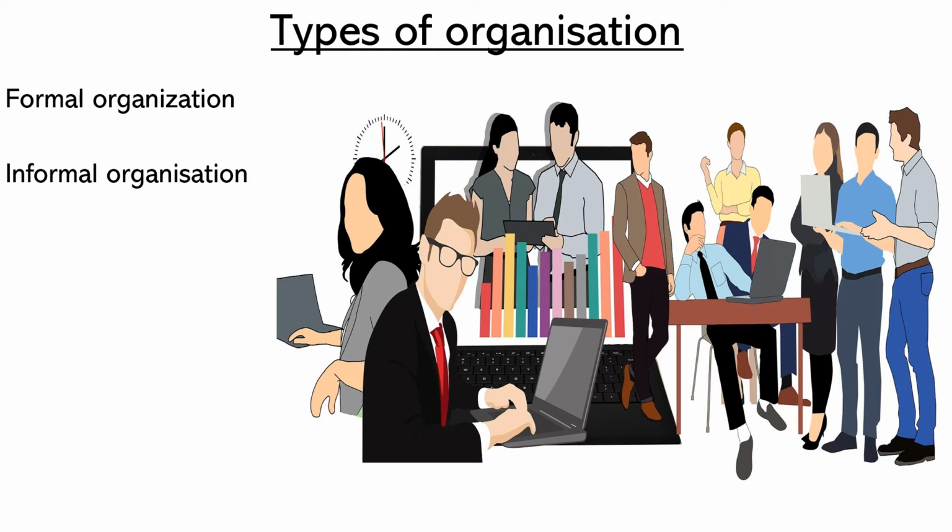That is formal organization. For example, you will have a vice president, you will have a chief executive officer, various departments will be under him, and each and every department will have a department head. For example, in a college, you have HOD, you have dean, you have vice chancellor, you have registrar, assistant registrar.